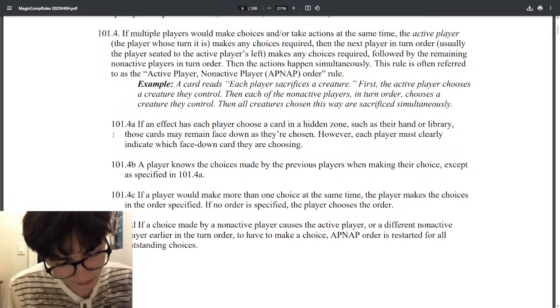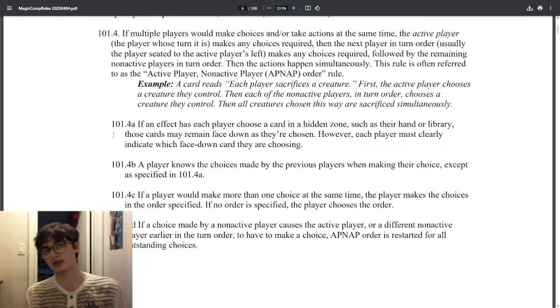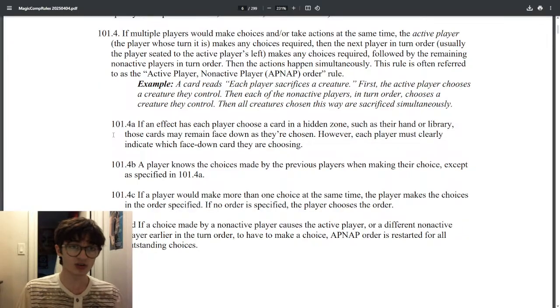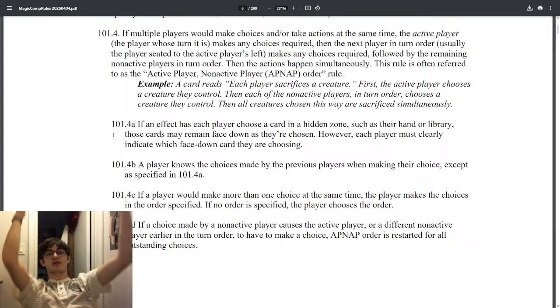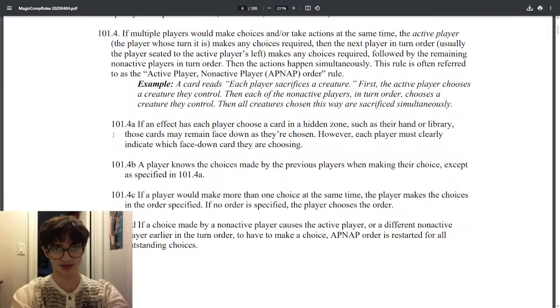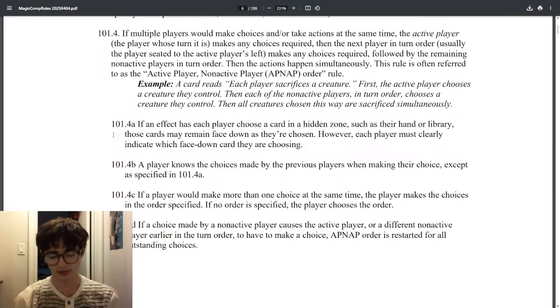So, something about revealing a card to an opponent is that they get to see it once and then it's back in your hand. And they can take notes and they can try to remember which one it is and where it is in your hand. But then you can start shuffling your hand behind your back and then go, all right, I choose this one to discard. And they won't know which one it is, and that's perfectly legal. You're perfectly and totally allowed to do that.